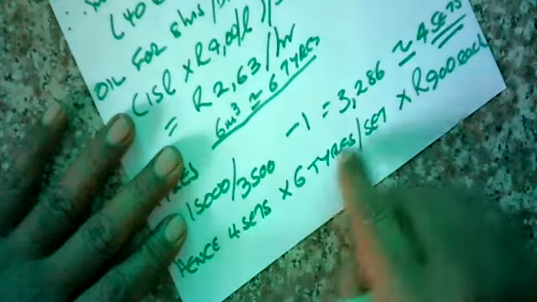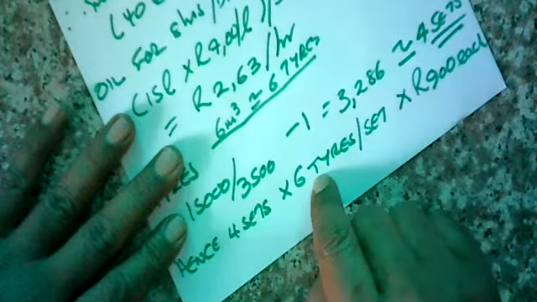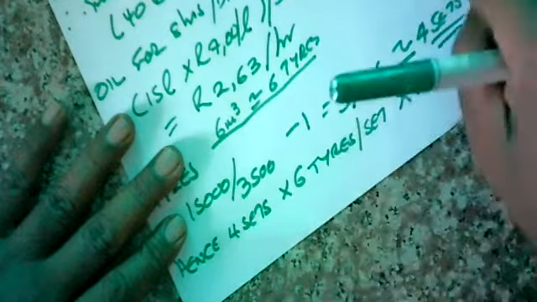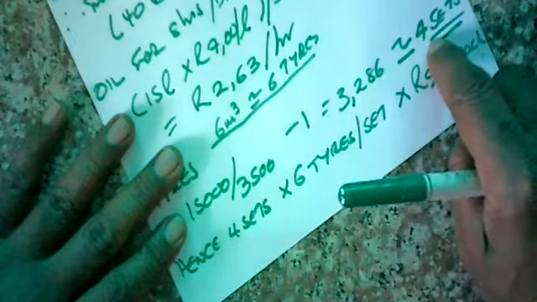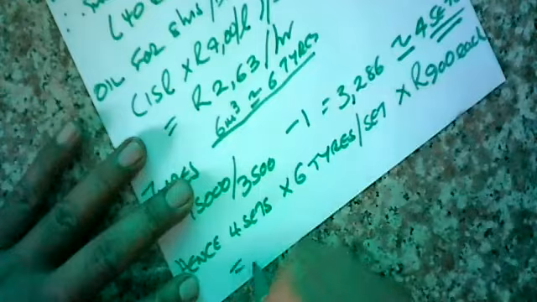Right. When I say 6 tires per set, we're saying 6 tires at 4 sets. All right. Which gives us a price of